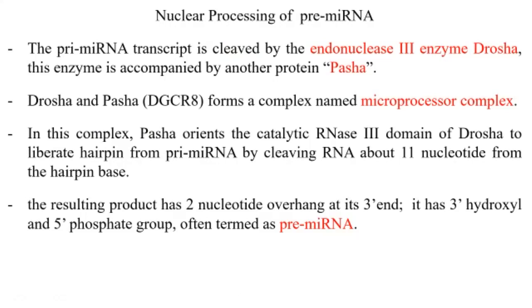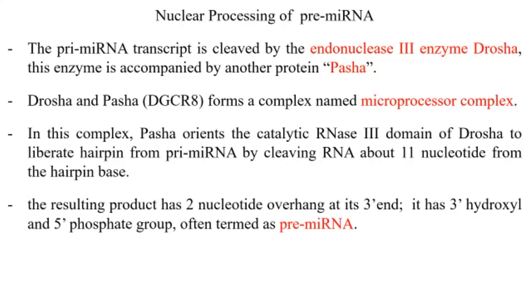Okay, this Drosha and Pasha form a complex, and this complex is named the microprocessor complex. This complex plays a vital role in processing the primary microRNA into a precursor microRNA. In this complex, Pasha orients the catalytic RNase III domain of the Drosha enzyme to liberate the hairpin loop from primary microRNA. By that, it cleaves the RNA about 11 nucleotides from the hairpin base, which results in